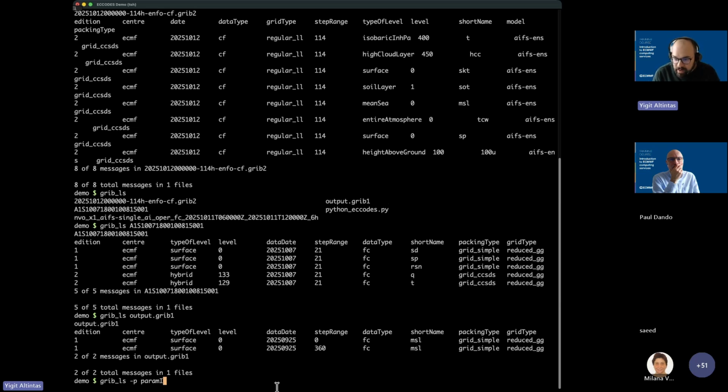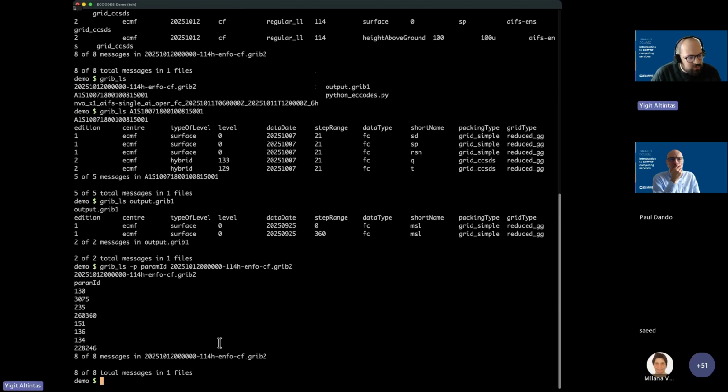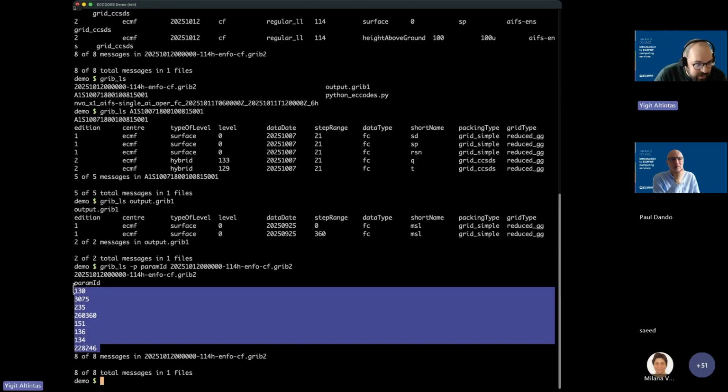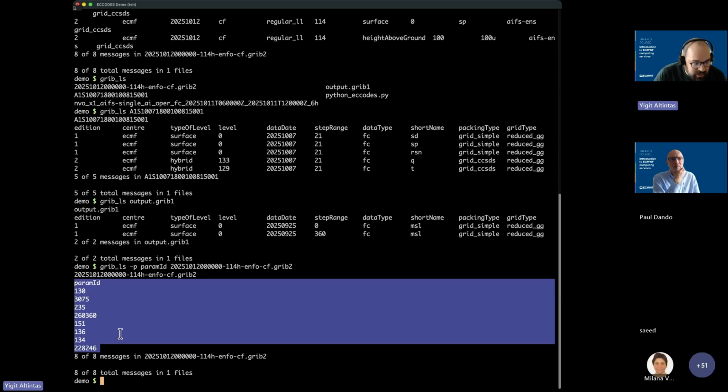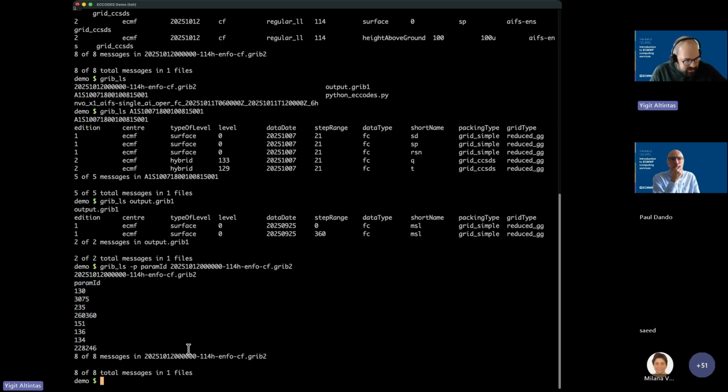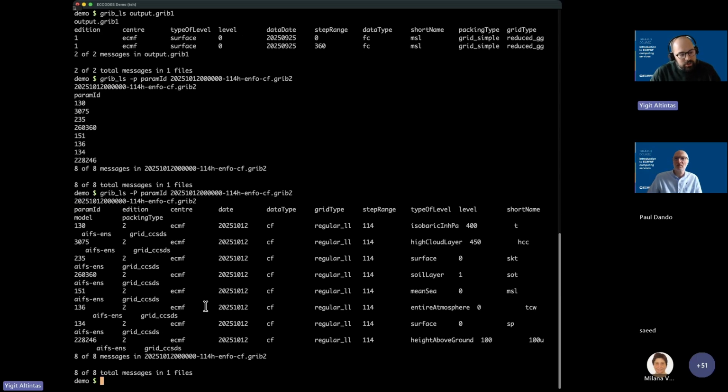So I'm doing param ID now with the open data file. So we see 8 messages again, but we are only showing the param IDs. But this is not very good. So let's change this P to caps so that we now add param ID to the